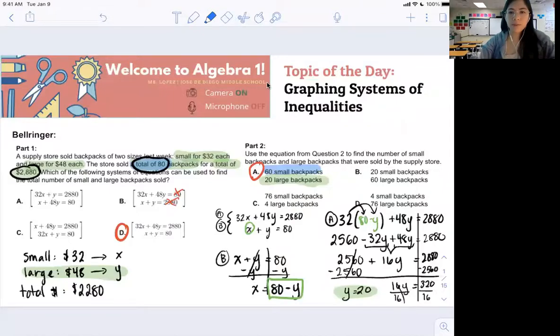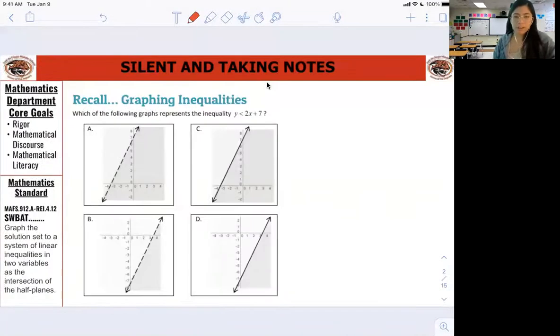Today we are going to be talking about systems of inequalities. We've seen inequalities before, and in fact, let's take a look. This goes all the way back to what you guys tested on in December. So November, December, we've seen these before. And what we're going to be seeing today is something a little bit more complicated, because in this example, I